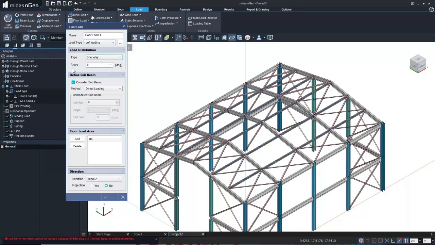Alright, again over here we have the angle. Now this angle that we are looking at is nothing but the angle of the load application based on the direction that we are choosing while we are applying the load. So once I apply the load, you will understand what this angle is about. Alright, so we have to add now the area. So we'll click on the floor load area